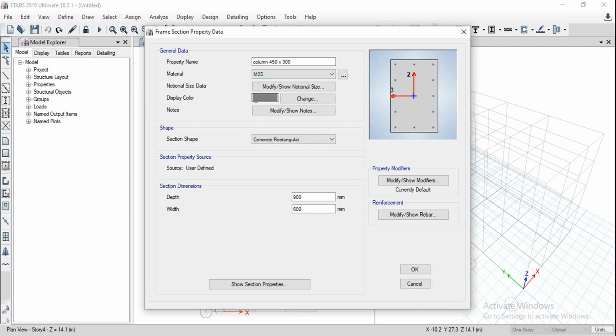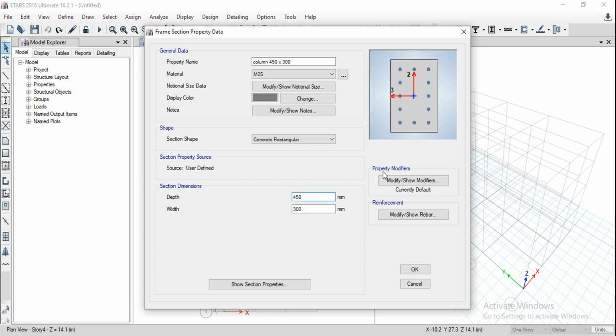And yeah, you can change the display color, etc. These are all the things we will assign later on also. So here it is asking for the section dimension. Okay, so simply you can go for depth and give the depth as 450 here, and coming to width we can define it as 300 mm. And you can observe that the preview has changed slightly here.